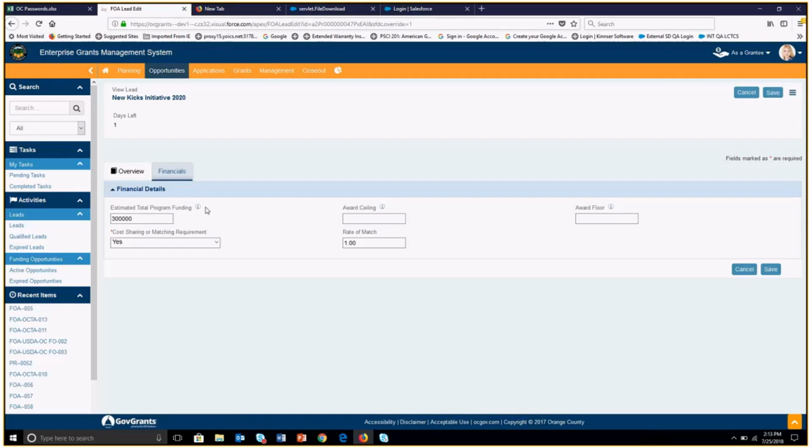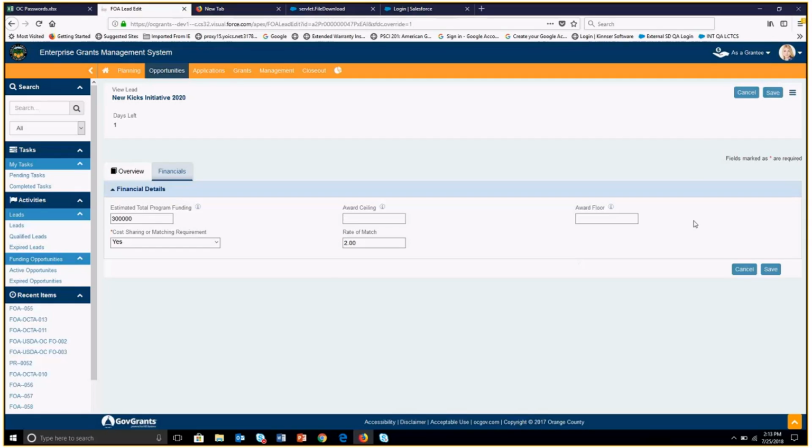You notice I hovered over the I for information. This will either tell you the limit on characters that you can enter, or it will provide some help text as to what information you need to enter in there. In this case, estimated award request. Cost sharing, yes. Rate of match,